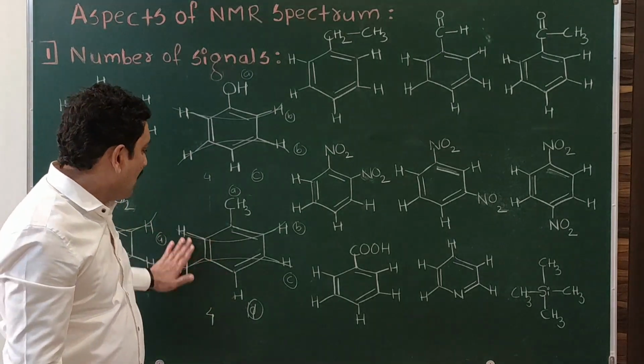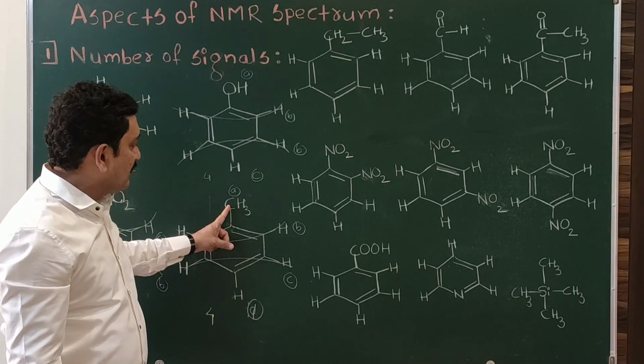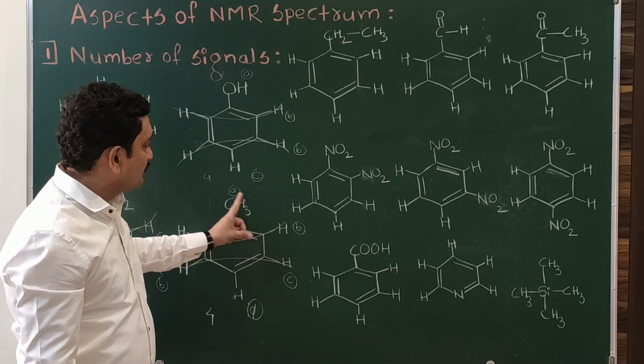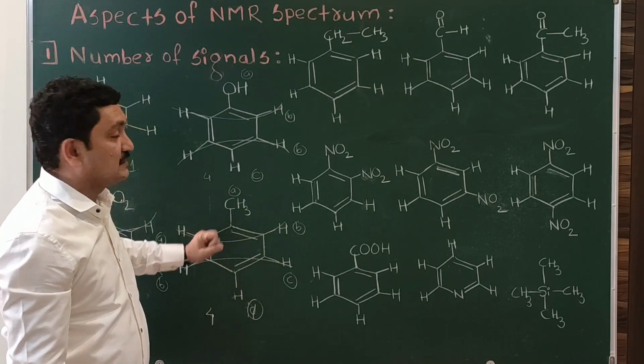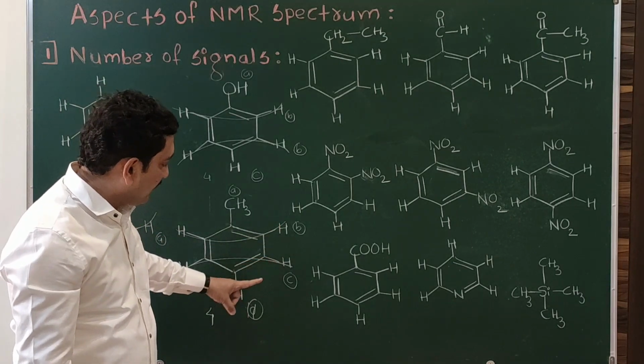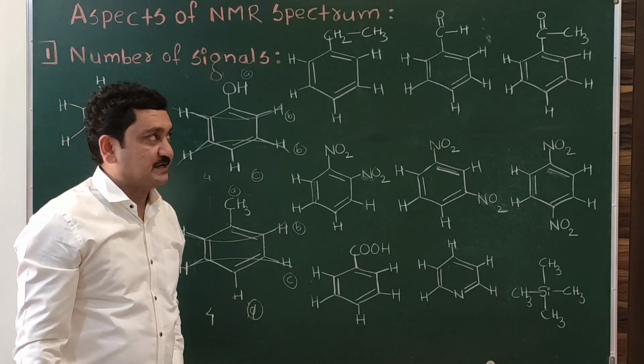In low resolution, all the 5 hydrogens are assumed to be equivalent because CH3 cannot differ the environment much for the ortho and para, because in the benzene there are carbons and outside there is also a carbon. So ortho, meta, para, though they give separate signals, still they are close to each other.